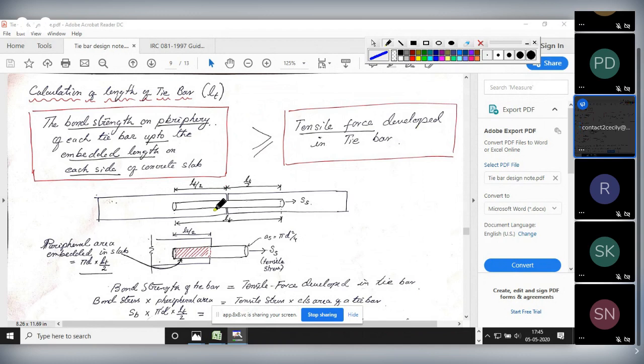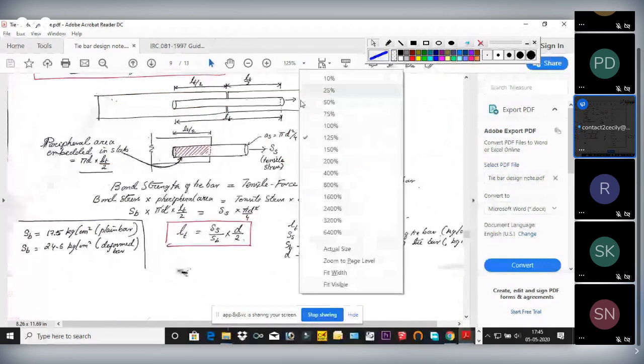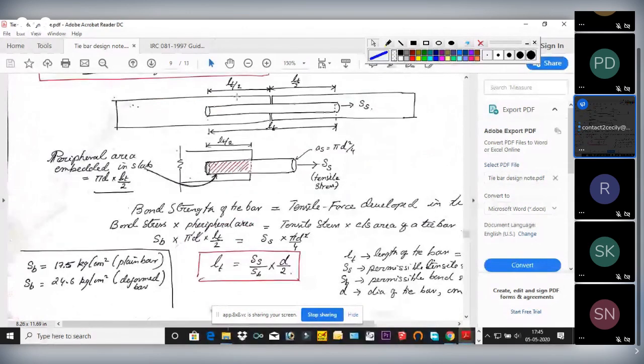Now what does it mean? That means, see here, see this portion. Suppose I have taken one slab, cross section of the slab. This is the tie bar, this is the first lane, this is the adjacent lane. Now see, I remove this slab. So it will look like this as I showed in the previous picture. I've shown you some tie bars are outside and some tie bars are inside. It looks like this from the cross section view. This portion is within the slab, this portion is within the slab.